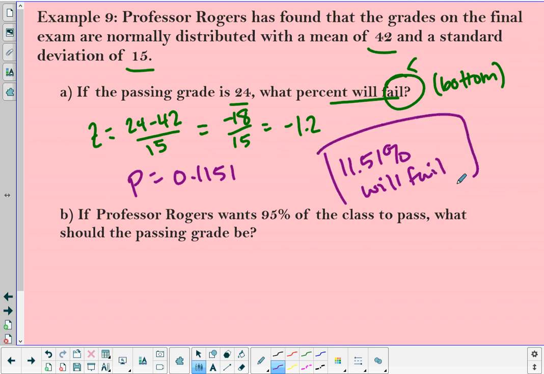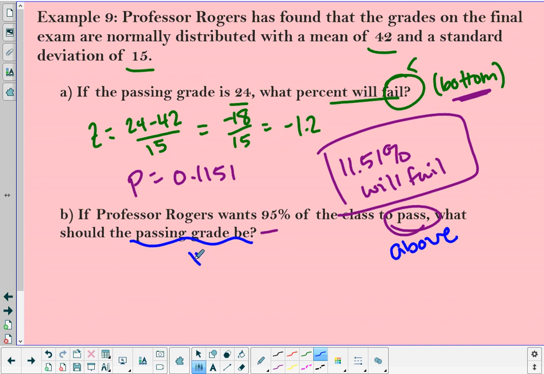No fancy flipping here because you were already looking at the bottom. Okay, if Professor Rogers wants 95% of the class to pass, meaning be above, what should the passing grade be? It means that you're finding an X. So if 95% pass, you need to know how many are underneath it. So in other words, how many fail? 5% fail. So if 5% fail, that's